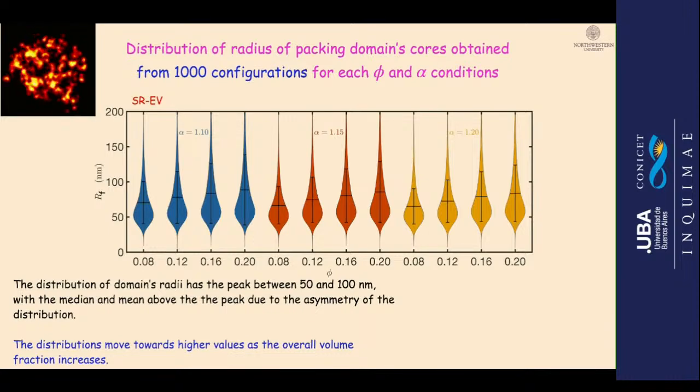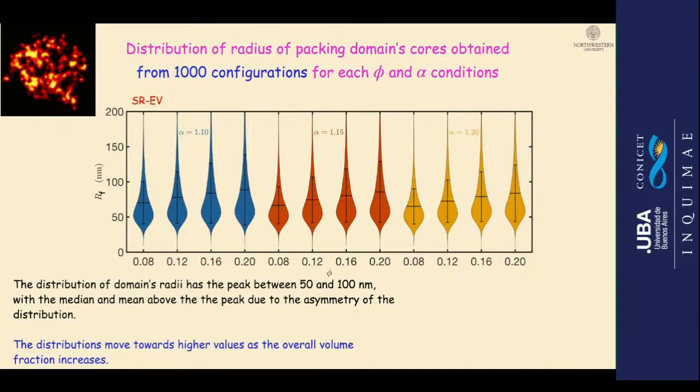Violin plots are a way to visualize statistical data commonly used in biological studies. The shape of the plot represents the frequency distribution. The mean value and standard deviation are displayed with black lines. Grouping the results by alpha, same color, same color,